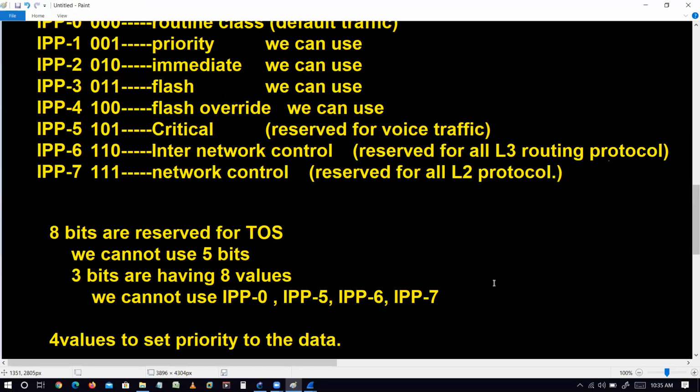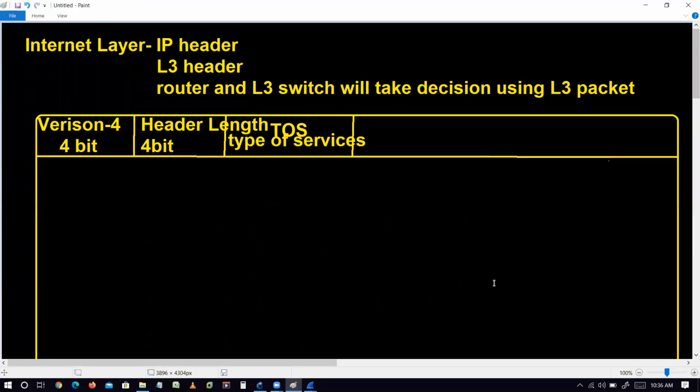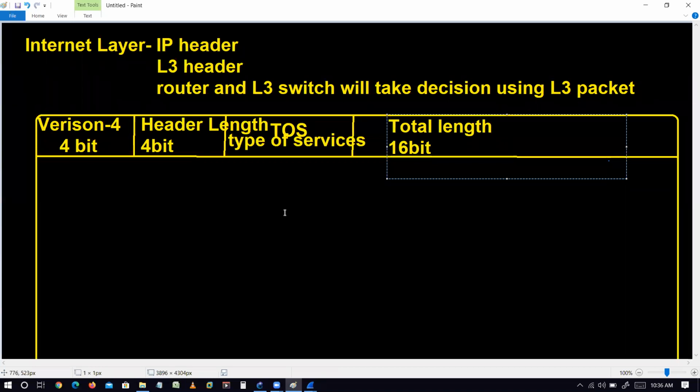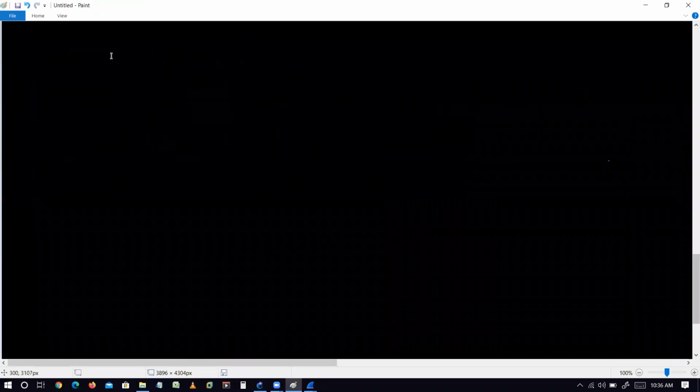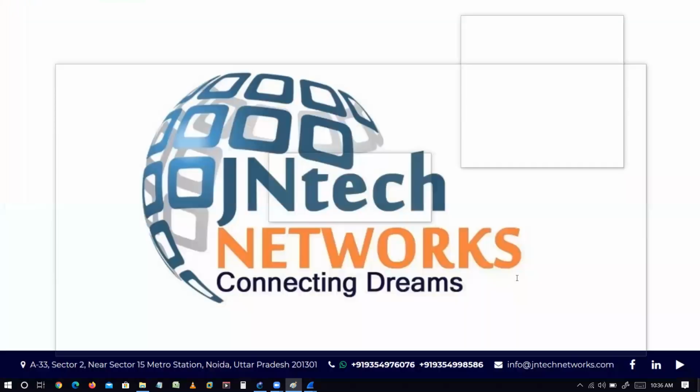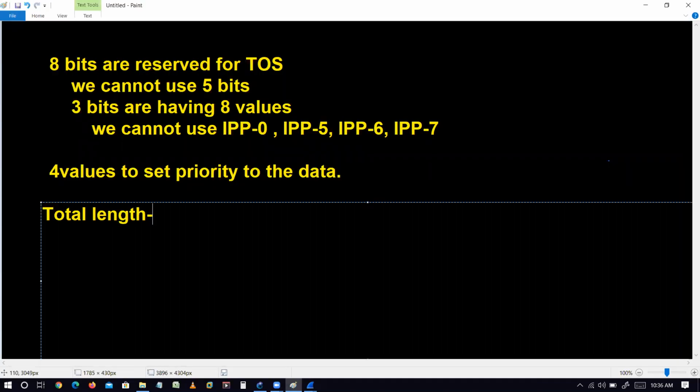Now, the next is total length. So the size is 16 bit.